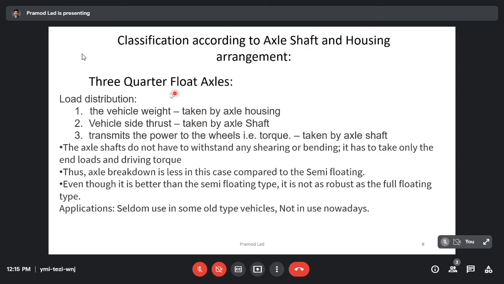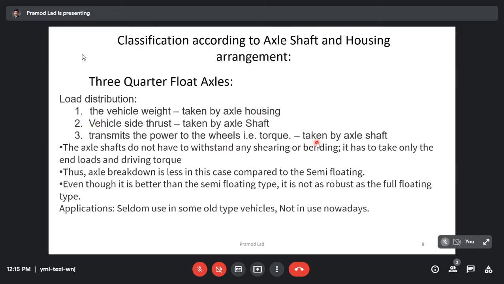How does load distribution take place here? The vehicle weight is taken by the axle housing. The vehicle side thrust is taken by the axle shaft, and the power or torque transmission is also taken care of by the axle shaft. So the axle shaft is relieved from the vehicle weight, but still it takes the side thrust and